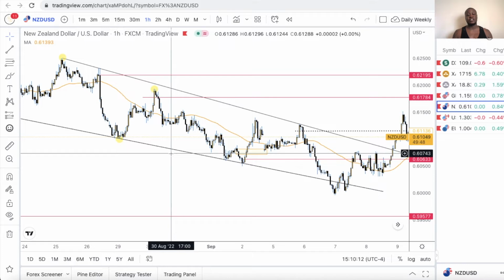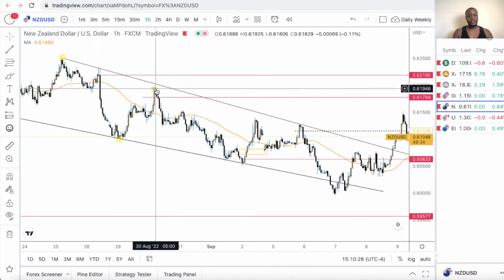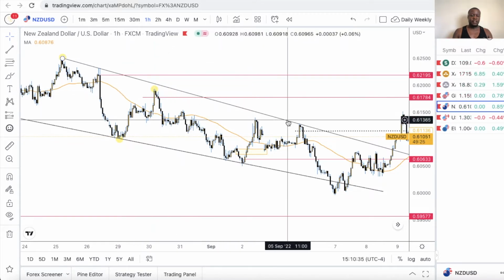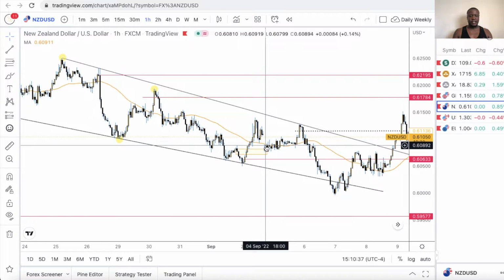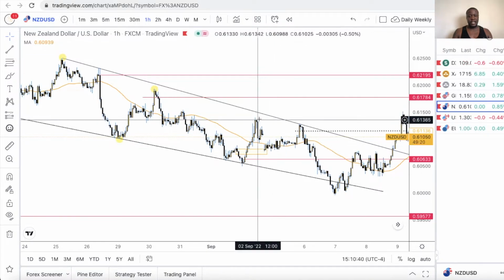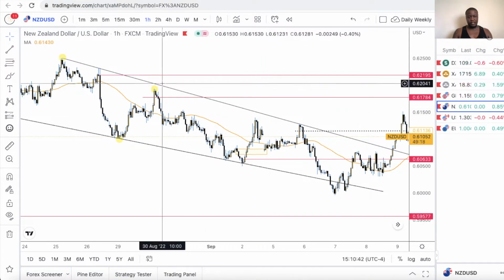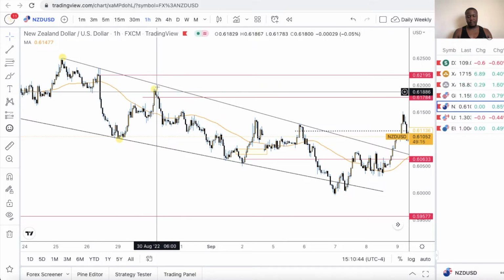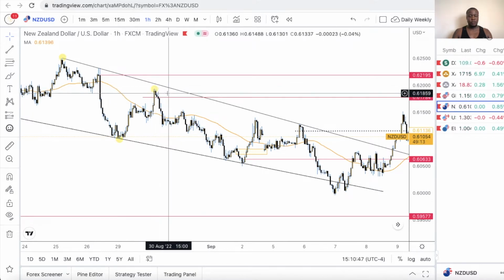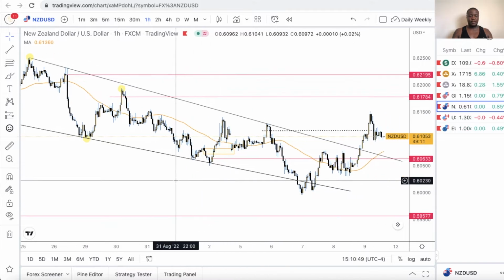We had a break in structure on the lower time frames, but based on the higher time frames, like I said last week, the 4-hour market structure is what I go by. So based on that, this high was not violated. In order for me to say price is going to go bullish, I wanted to see either a rejection right here and then maybe possibly this high taken out, and then for sure I'll wait for this high to be taken out for me to want to go bullish. But that did not happen.